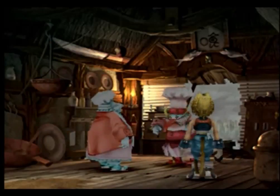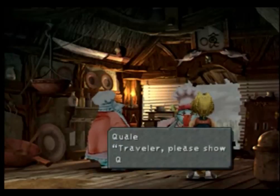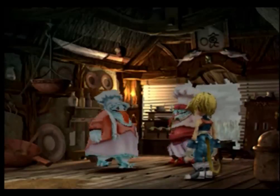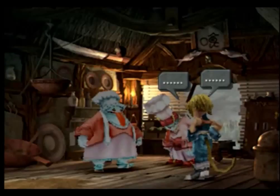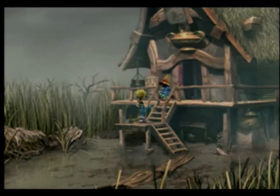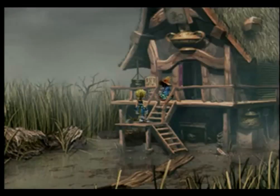But anyway, Quale talks to Quina and tells her that there's more to life than just catching frogs, and there's more foods out there than just frogs, and that you should expand your food knowledge outside of the marsh. And he asks Zidane if we would be happy to take Quina with us, and you might as well. It's an extra person. If you decide not to, you're kind of screwing yourself, because you're going to be fighting with 3 people instead of 4,